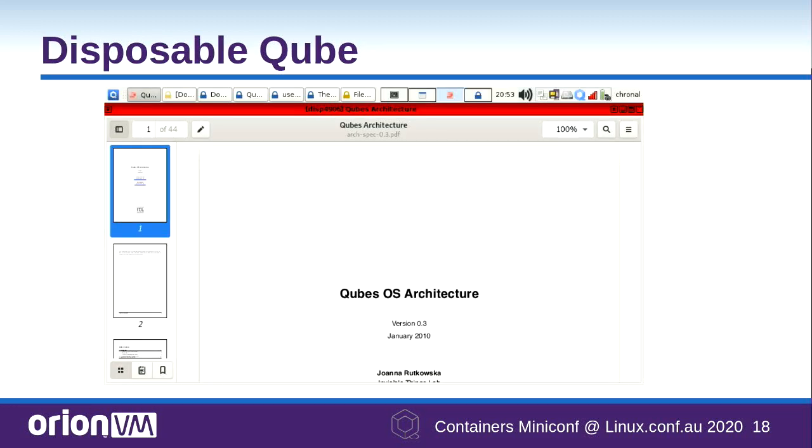So one of the consequences of how Qubes does storage is the fact that Qubes can have disposable Qubes, disposable VMs. Essentially, as soon as you close this Qube, all the persistent storage is deleted. Not erased, deleted. This is useful if you have a document that you are sent that you don't trust, you can open it in this thing, look at it, and close it without having to worry that you got attacked through an error in the PDF parsing or whatever. So this is somewhat similar to stateless containers, but it's applied to a specific desktop use case.